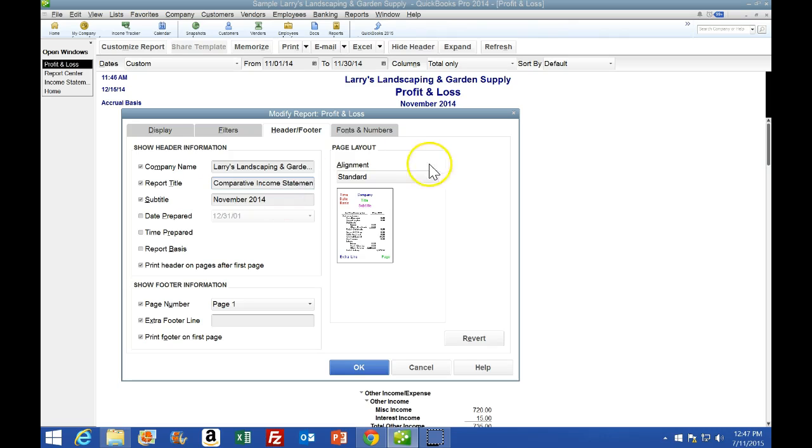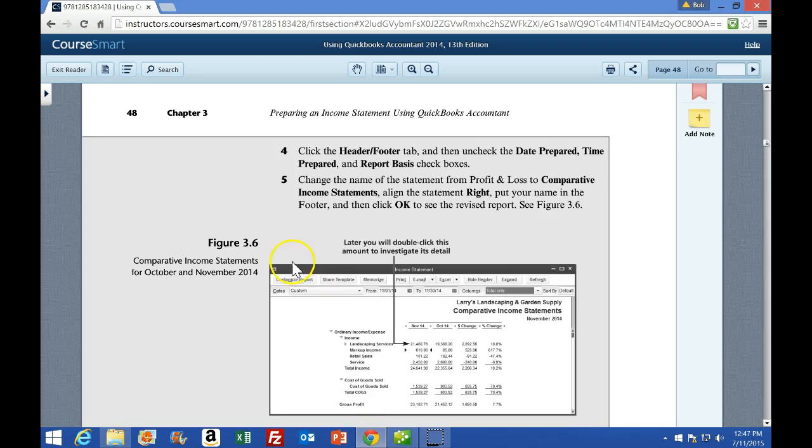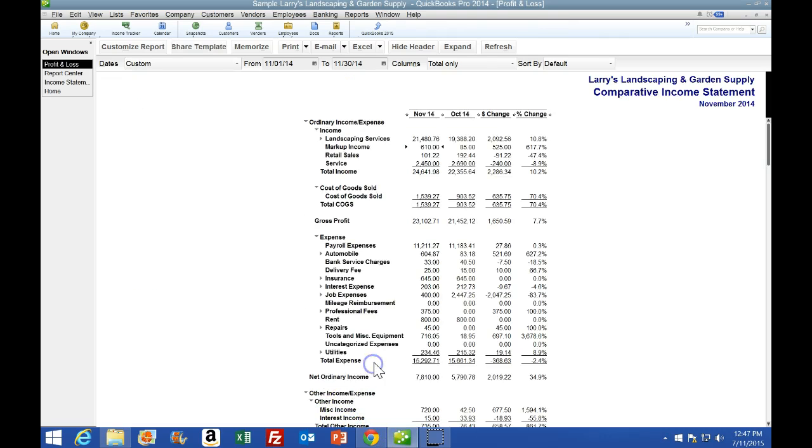And then we're going to go from the alignment to standard to right aligned like this. That changes this icon showing what will happen when we select OK, which I assume we will do next. Yes, it says to go OK. So we're going to hit OK, and there we have the right alignment and